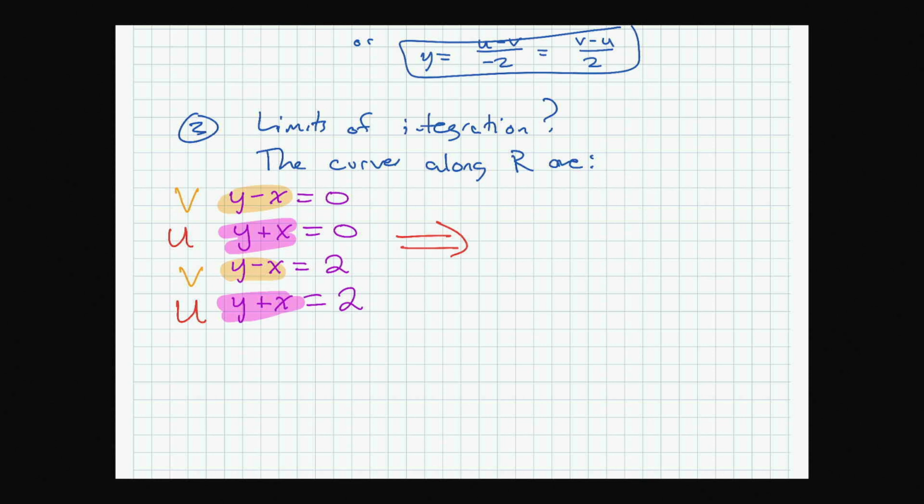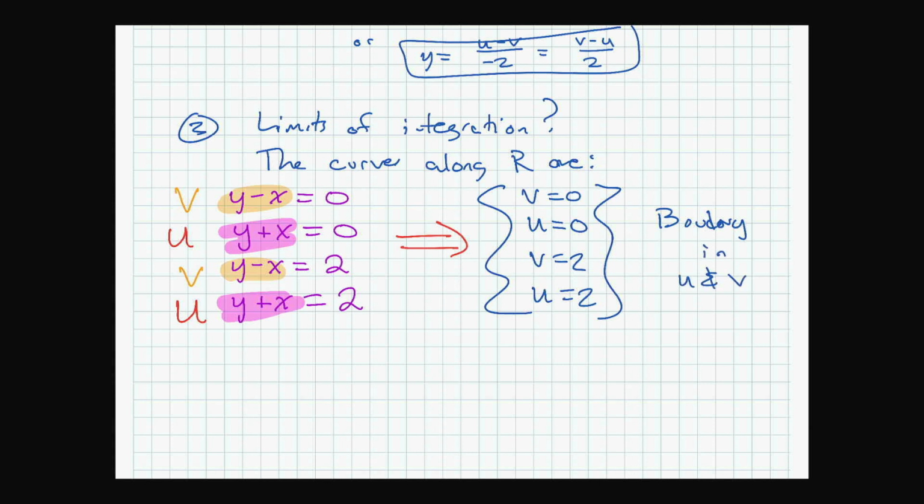So if you do that replacement, the top equation is v equals 0. The next one is u equals 0, the next one is v equals 2, and the next one is u equals 2. So these are the boundaries